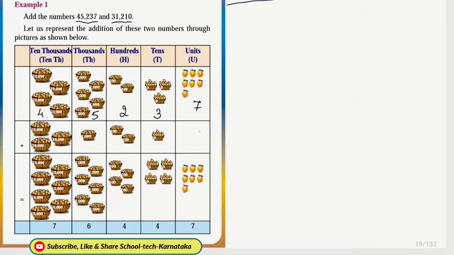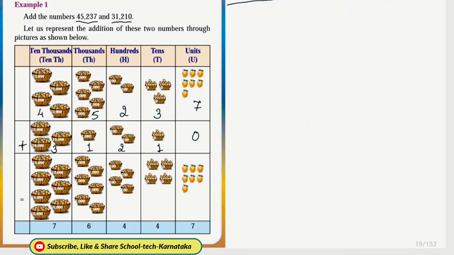Similarly, for the next number, 31,210, since the units place is empty, we know that it is 0. At tens place we have 1, at hundreds place we have 2, at thousands place we have 1, and at 10,000s place we have 3. That is 31,210. So if we want to add these two numbers,